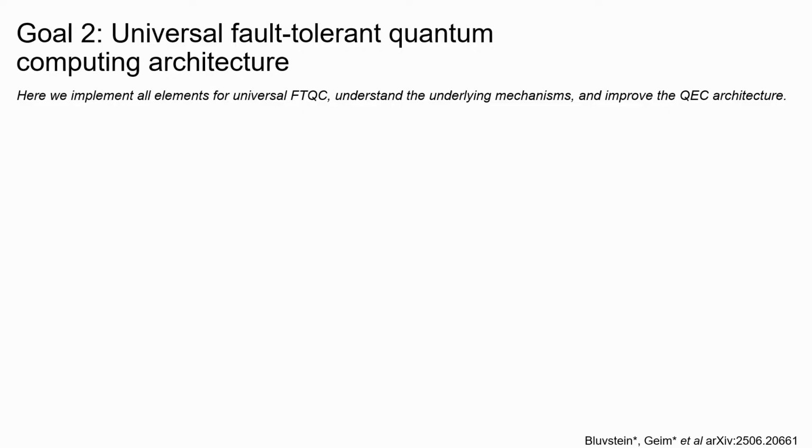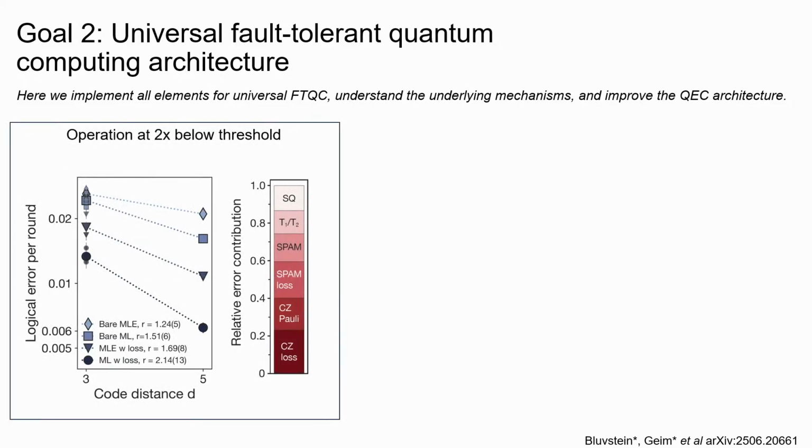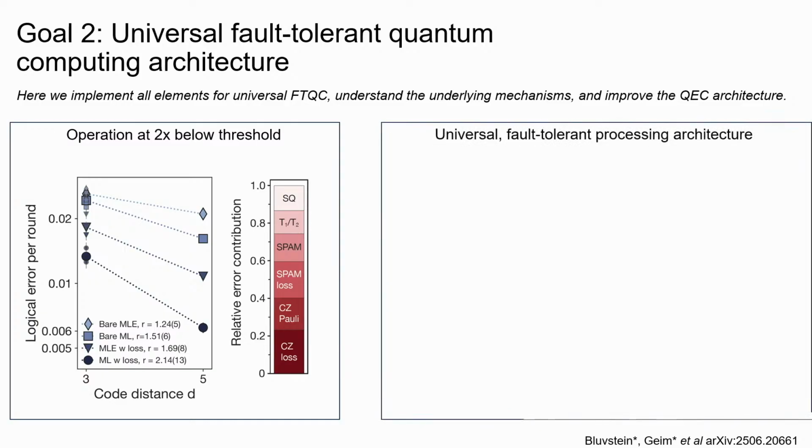This paper is extremely dense, so I cannot possibly overview all of it, but I'll overview some key aspects. So one is that we did a benchmark in our system, and this is really just a classic fidelity benchmark, heavily inspired by the Google team, where we took a surface code and did 4 rounds of error correction and studied how well the error correction improves when we go from distance 3 to distance 5, and we use techniques such as loss detection and machine learning decoding to improve our performance. That is one key fidelity benchmark.